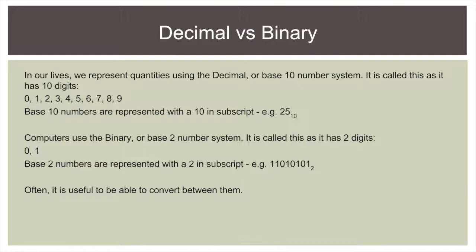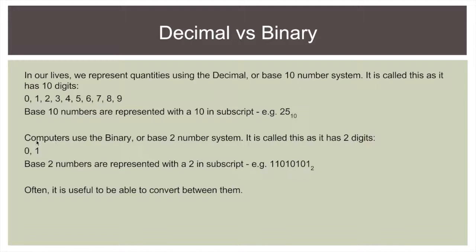So, in decimal versus binary, we represent quantities using the decimal or base 10 number system. It's called this as it has 10 digits, and there they are: 0, 1, 2, 3, 4, 5, 6, 7, 8, 9. We can also represent this with a subscript, so we can use 25 with a little 10 to represent that that's a base 10